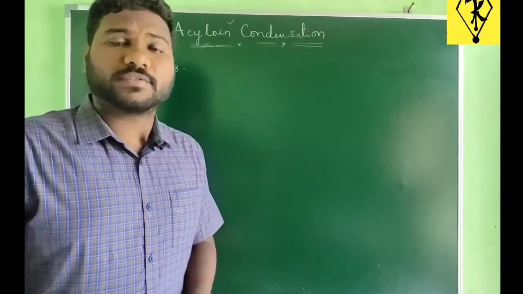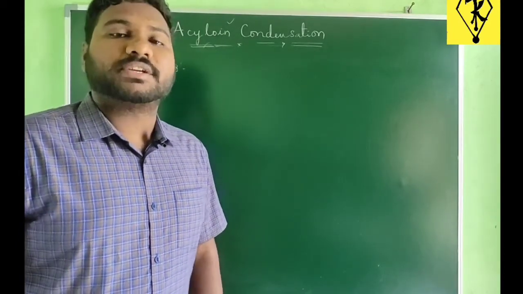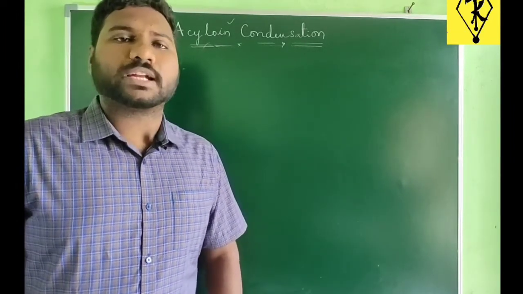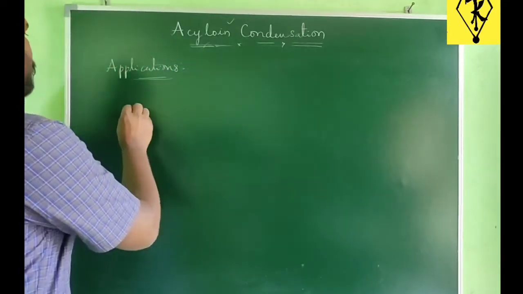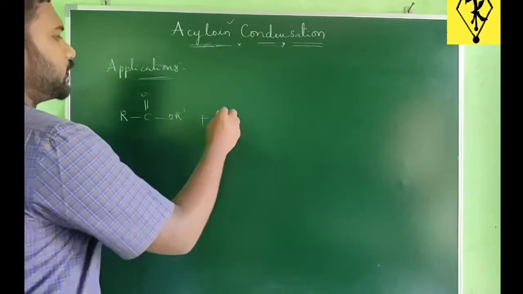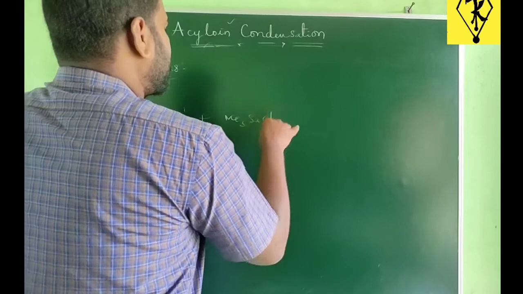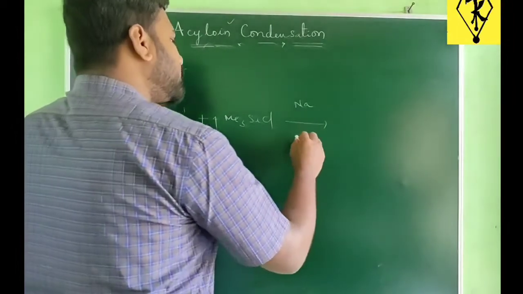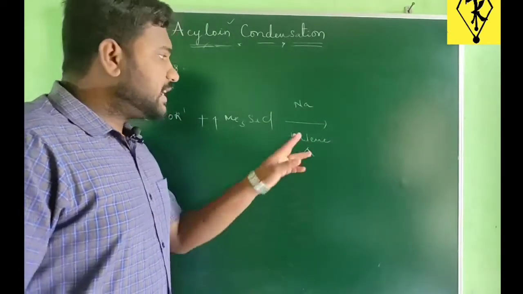Let us discuss some applications of this reaction. Recently they have updated this reaction mechanism by taking additional reagent trimethylsilyl chloride. They got very good yield, high percentage of yield by using additional reagent trimethylsilyl chloride. We'll see that example once. So RC double bond OR with additional reagent trimethylsilyl chloride in presence of sodium. The reaction conditions are same, sodium and aprotic solvents such as toluene, and on heating,